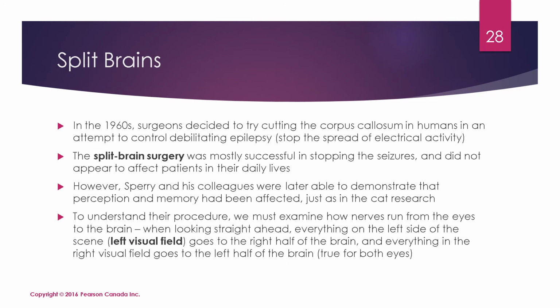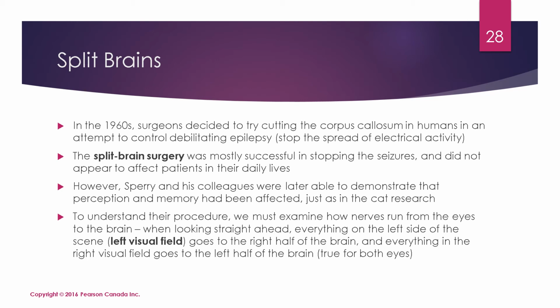So in the 1960s, surgeons decided to try cutting the corpus callosum in humans in an attempt to control debilitating epilepsy. Epilepsy is a condition known for having really severe seizures at times, and seizures are essentially patterns of electrical activity within the brain. So they figured if they were able to sever the corpus callosum, which connects the two sides of the brain, then they might be able to stop the spread of activity, which might lessen the severity of these